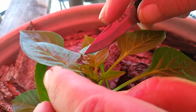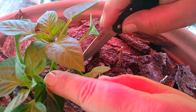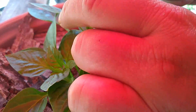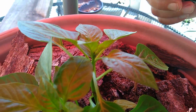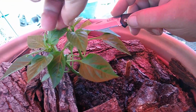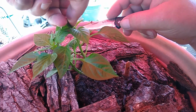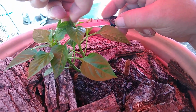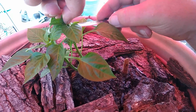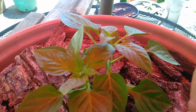But what we're going to do is we're going to come across here, we're going to top it off, and what that's going to do is increase the growth within our bell pepper plant, and it's going to give us a lot more harvest. So let me grab the tip of this bell pepper, and we're going to top her off here. One nice clean cut. We have taken this off,